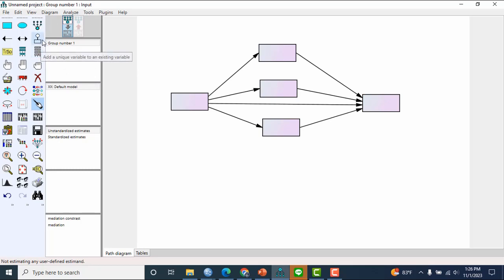And then we put the error in the dependent variable and mediator here.